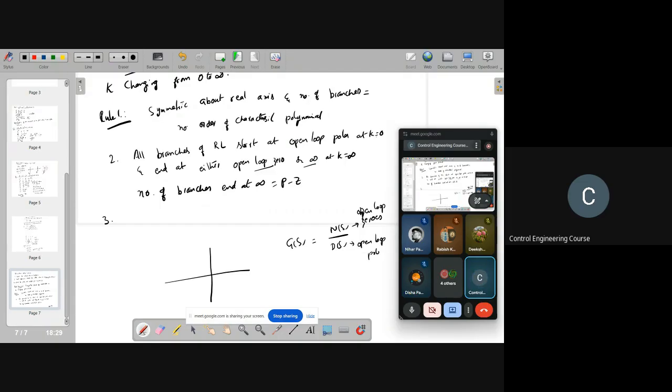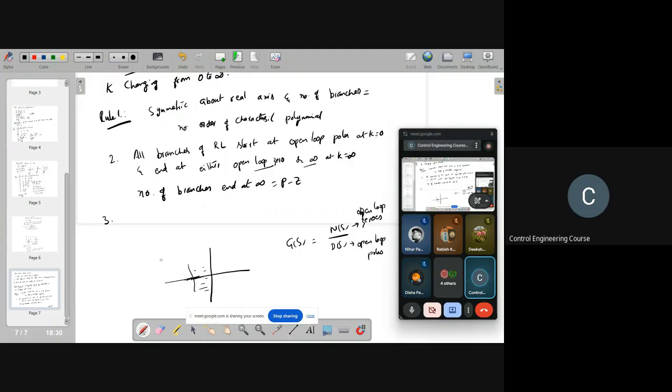poles, right? First, we have to mark those open loop poles and zeros on the real axis. Then, suppose we want to know whether a root locus exists between any two points, we take some test point. Is there any pole here? If the number of poles and zeros to the right of the test point is odd, then there exists a root locus up to that point, from the pole to that one.